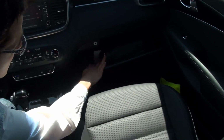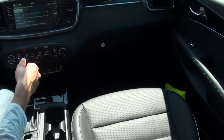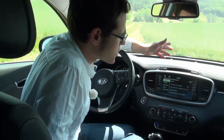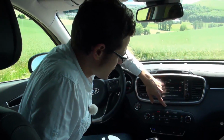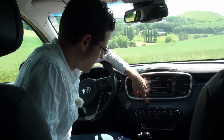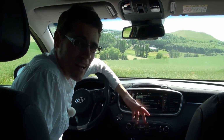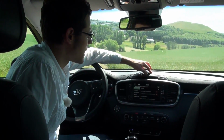I think nothing really special to it. What else can we tell you about the interior here? Well, about the surface, especially here in the front, in the dashboard. You see there's a rather soft plastic surface here in the middle. I think it's quite a good solution, because it doesn't look like and it doesn't feel like hard plastic, but still not using leather. And here on the upper part